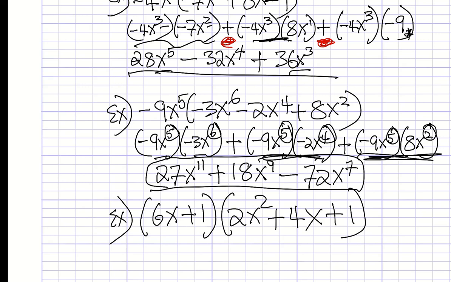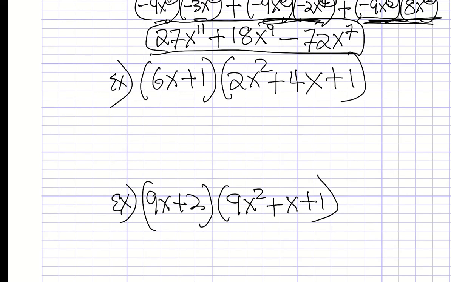Okay, the next one is there. What is that? Okay, this is a new format. Before, we multiplied with one term outside the bracket, now we got 2 terms. We got 3 terms in one bracket, 2 terms in the other bracket. So Americans call it FOIL. All that means you take